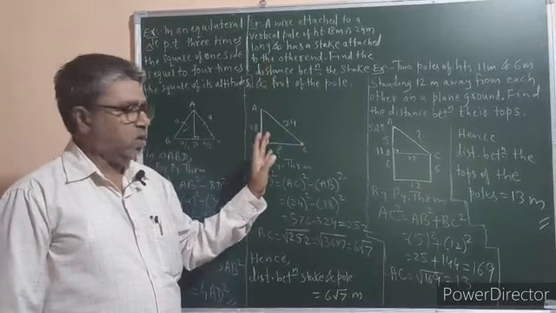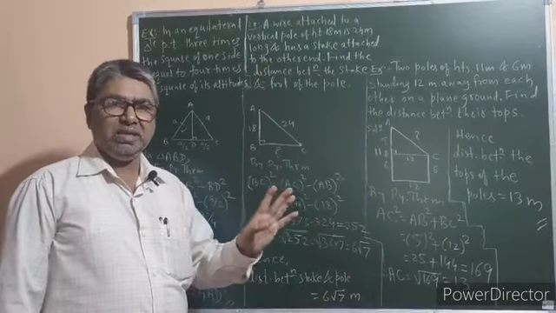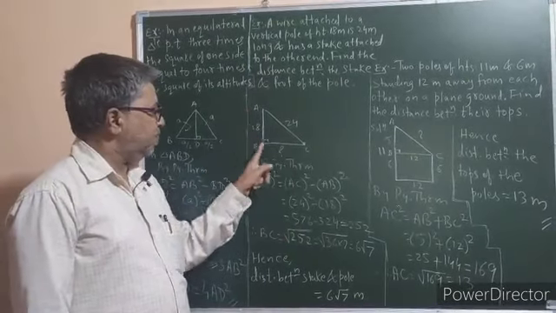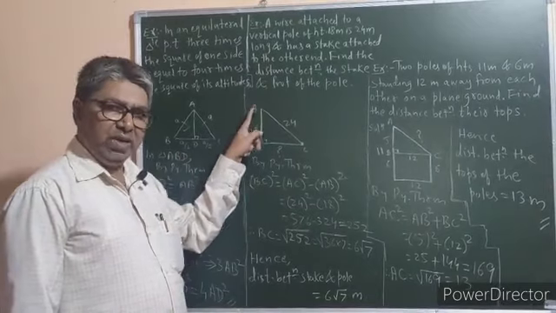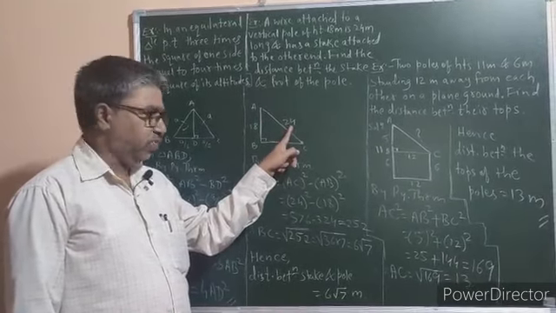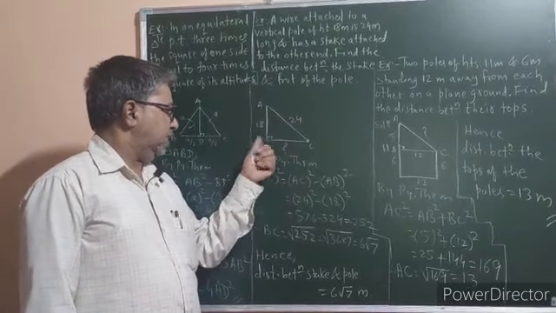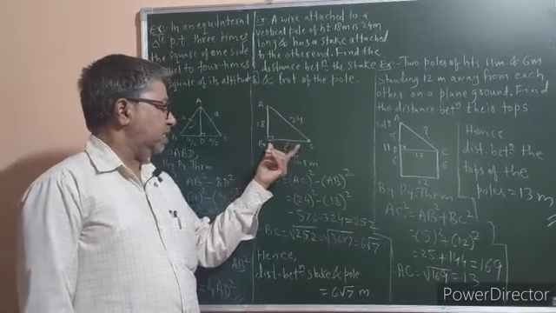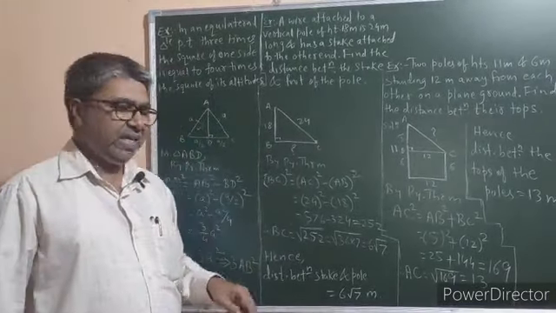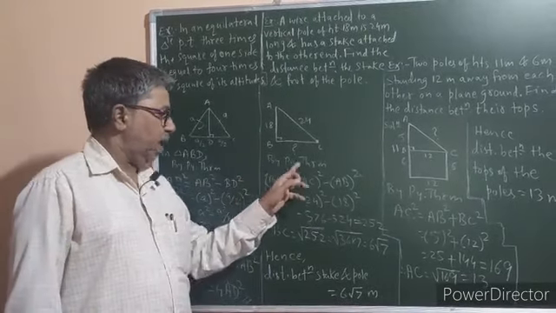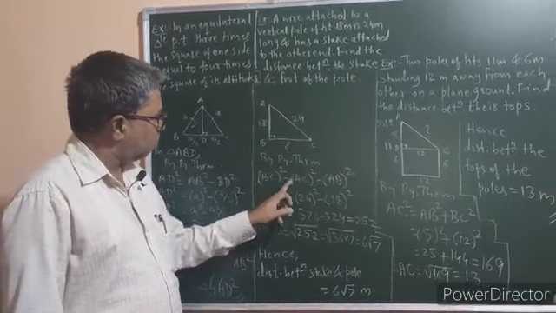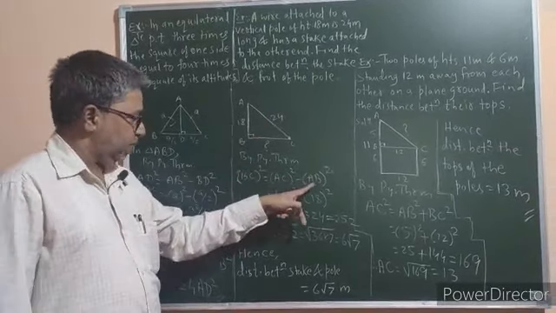Now studying the example, you have to draw the figure, and figure is none other than a right angle triangle. Draw a right angle triangle ABC. 18 is height of the pole. Okay, this is wire. The length of the wire is 24, and we are asked to find the distance between foot of the pole and the stake, that is BC is equal to question mark. Now as ABC is a right angle triangle, angle B being right angle, therefore by applying Pythagoras theorem, BC square is equal to AC square minus AB square.